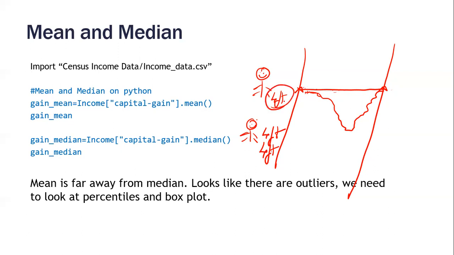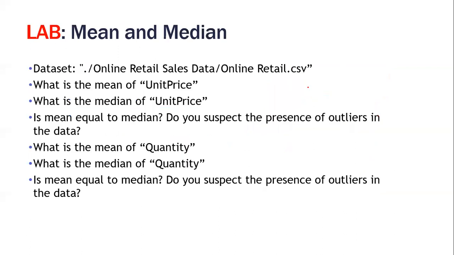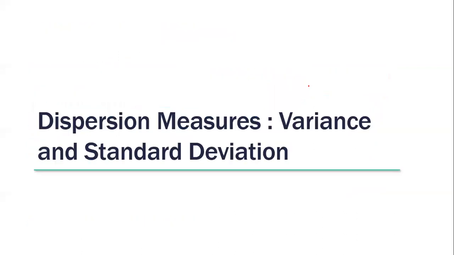Looking at the center, we will not get any idea on the spread of the data. Around the center, how the data is spread, that you cannot get. There has to be a different measure for the dispersion in the data. What do you mean by dispersion?